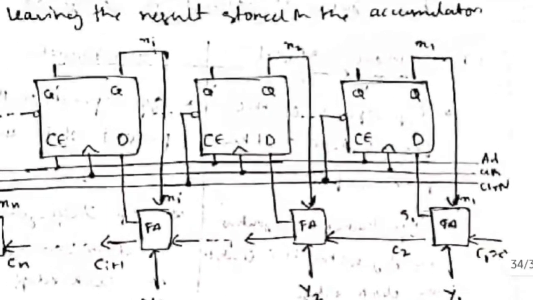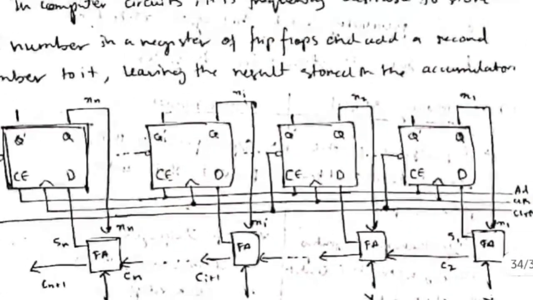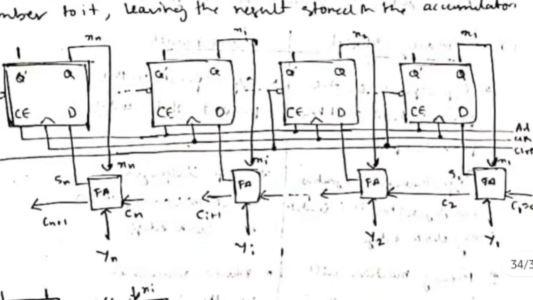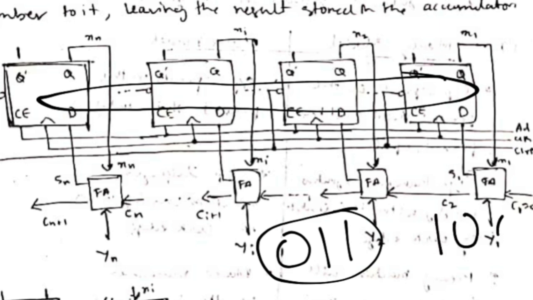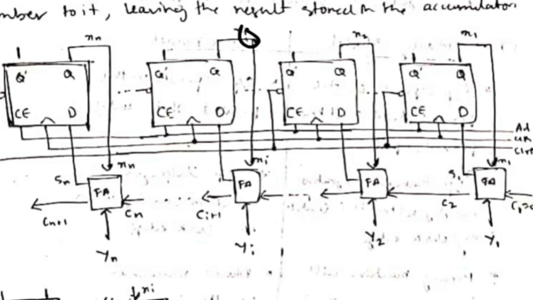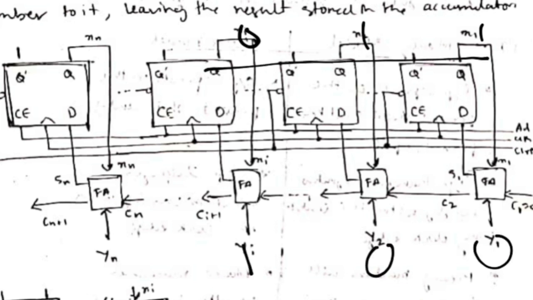Okay, so firstly what we will do, we have to store these values here, means the result will be stored here. For that, first suppose that we have to add 3 and 4. The binary value of 3 is 0 1 1 and 4 is 1 0 0. See here, 0 1 1, this will be stored in the x part, and the next number will be input from here, 1 0 0. So the 1 will come here and this y will come here, and the sum will